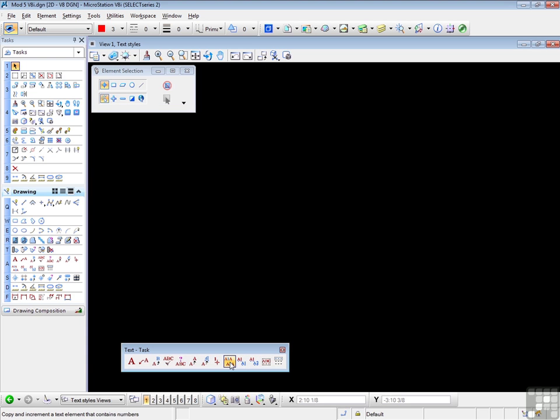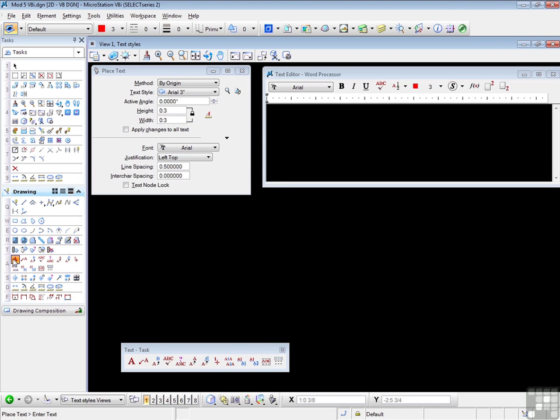We'll start with the first one, which is called Copy Increment Text. It's a very simple tool to use. So the first thing I need to do is place some text. Click on the text tool and let's place some text. And we'll give it a number, 12, as an example. Then I start the